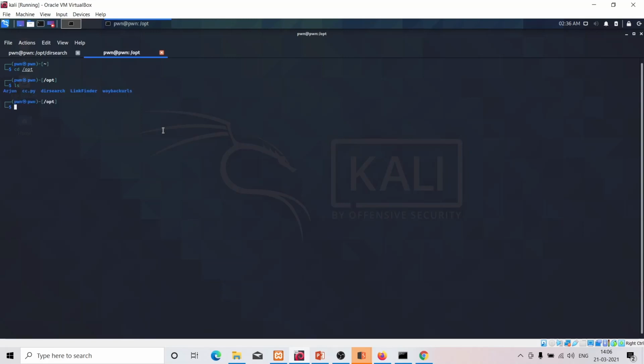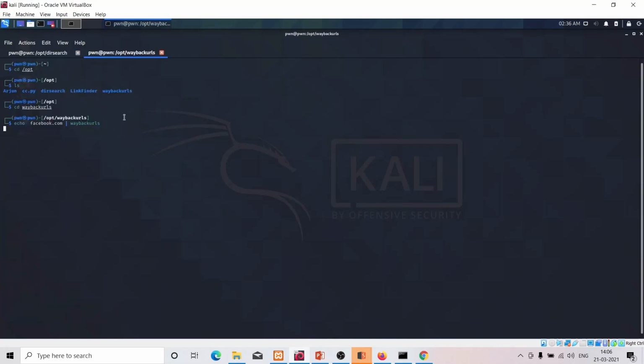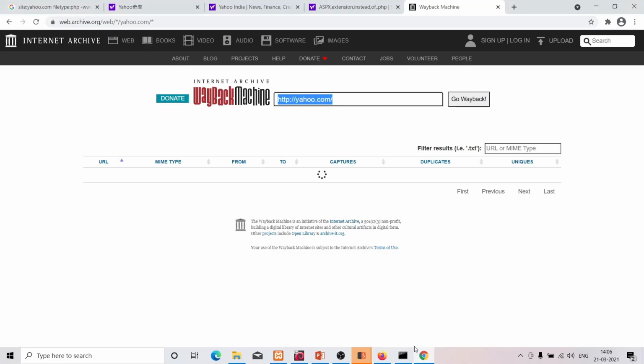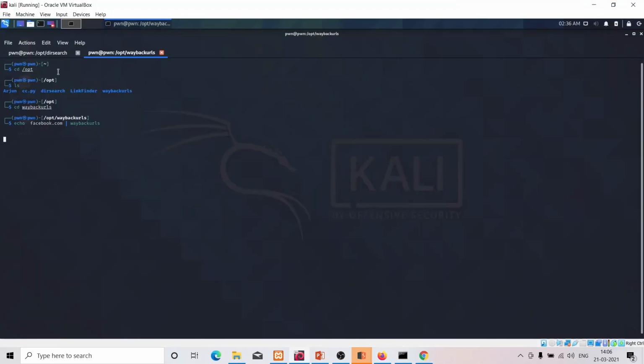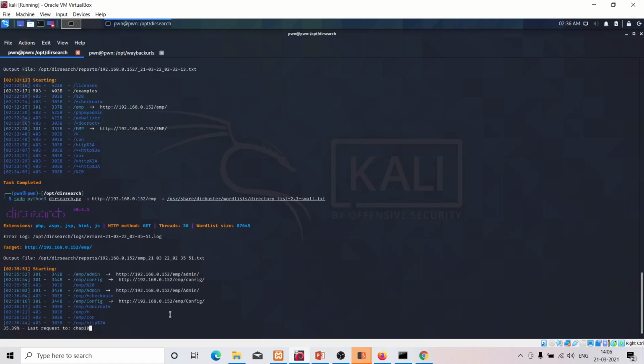So you can use a tool called waybackurls, basically. You can do something like that, and it will just show you all the URLs from the Wayback Machine. It will take time. My net is working really slow, as you can see. It will show you all the URLs, which will be pretty helpful for you. Apart from that, there is an interesting tool. I'm just cancelling this because my call is getting pretty slow.